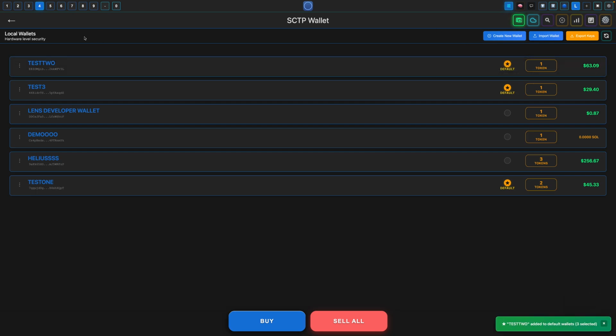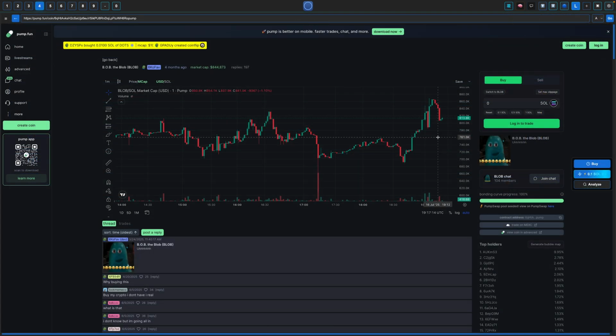Now, let's talk about the integration level. I think that's a good way to continue on here with the site. Like, what do you get? What makes Lens special? It's more safe. We already went through that, but it's also more integrated. Like we don't have to log in to trade this. We're using a URL parser, which is taking the contract address. It can also work with pools, and we're overlaying a custom HUD, which allows us to buy, quick buy, and